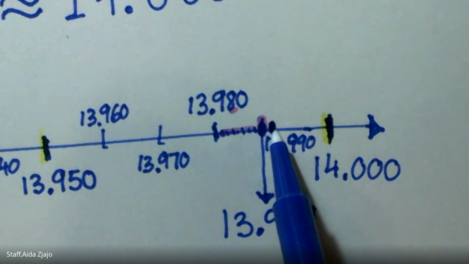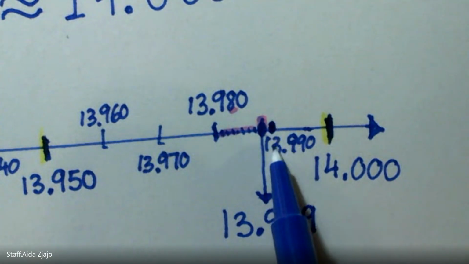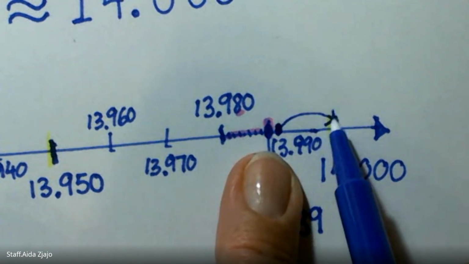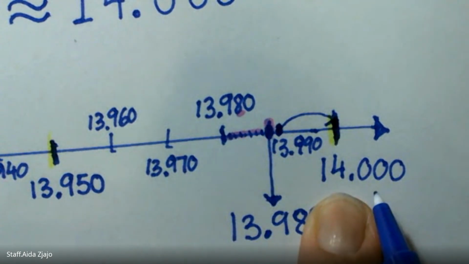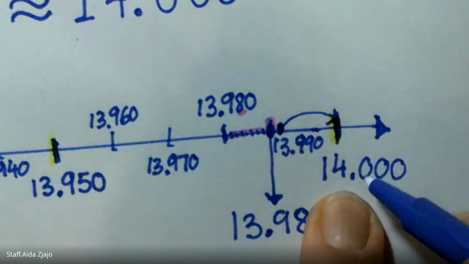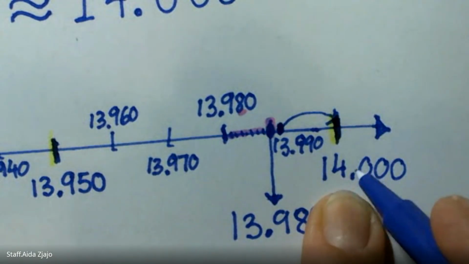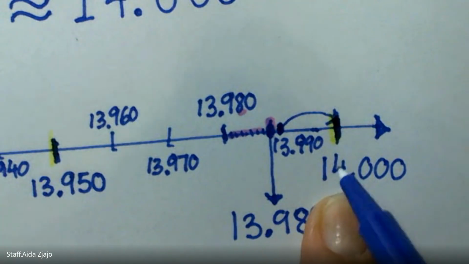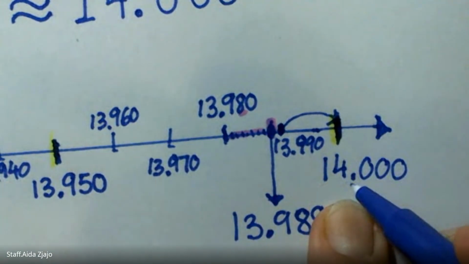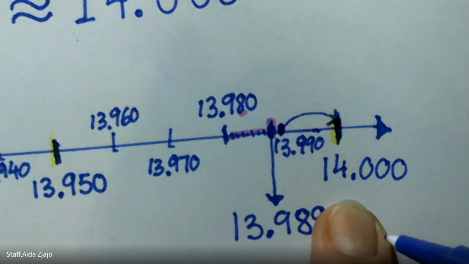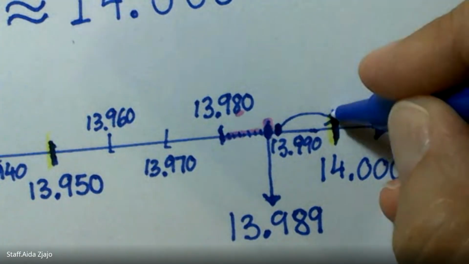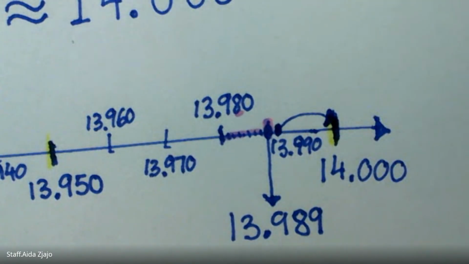So when I have 990, right here, it's only one away from the 14. So when I add that, when I round one more, I move one more tenth, and that becomes a whole, and I reach my 14. I hope that makes sense to you, but that's the only way I could explain